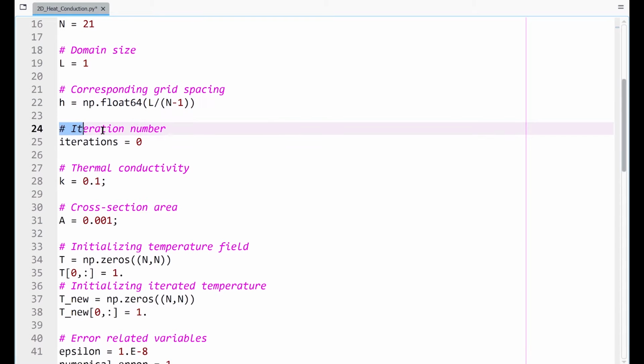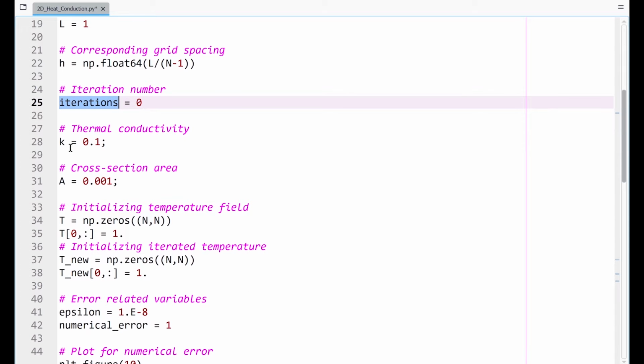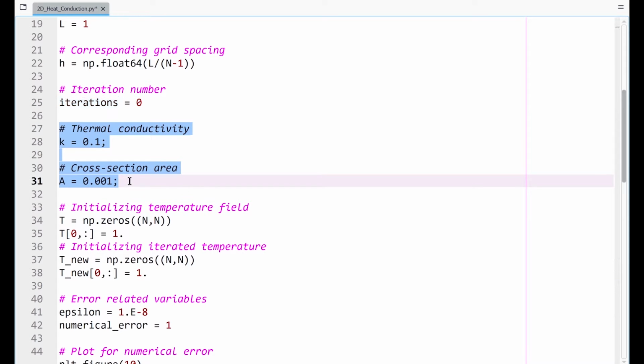Like the previous time, we have an iteration number that I'm calling iterations. That basically just keeps track of how many iterations we would need in order to get a converged solution. Then we have the thermal conductivity and the cross-sectional area. These are again the material properties and the grid geometrical properties. Here we have assumed that both of these are constant with respect to the positions x and y.